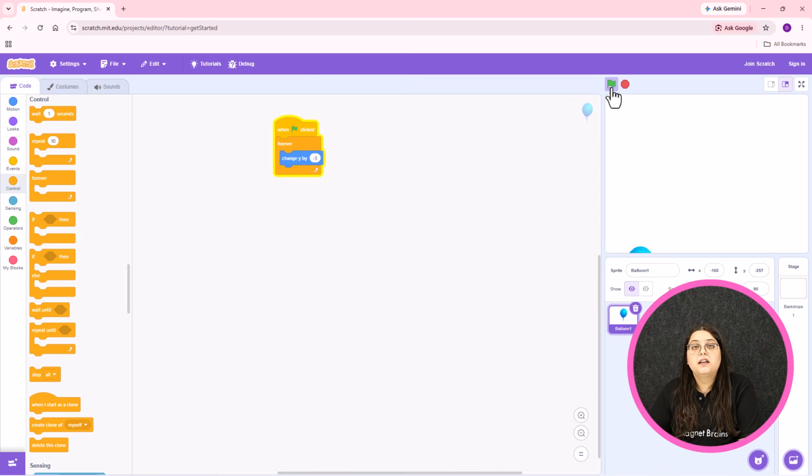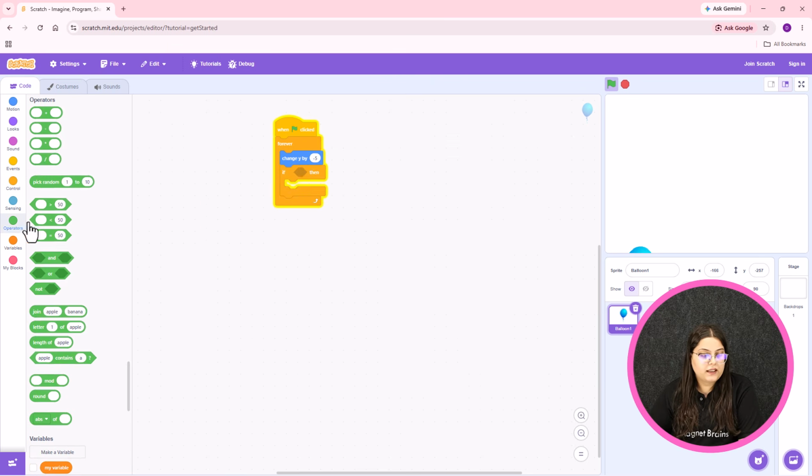Okay, but now I want that balloon will automatically come up and fall at random position and then automatically come up. Okay, so for that we require a condition. So go to if block. What we require? See, you know that this is 180 and this is -180. Okay, so if my balloon touches -180, it will automatically go to 180.